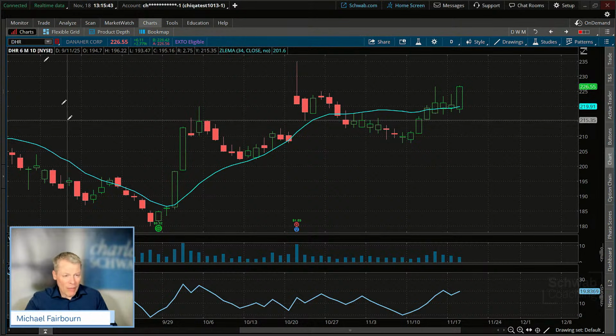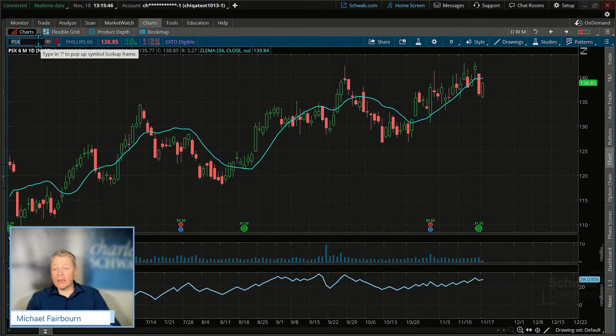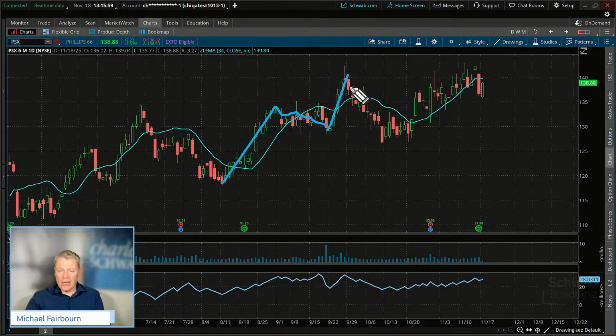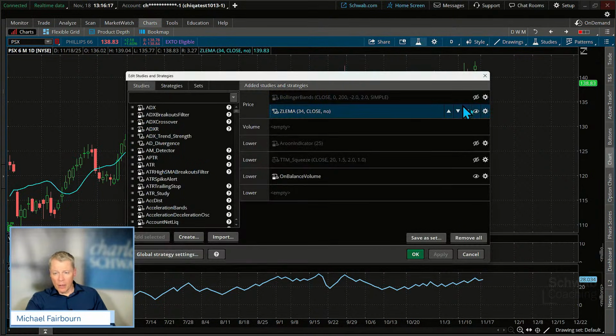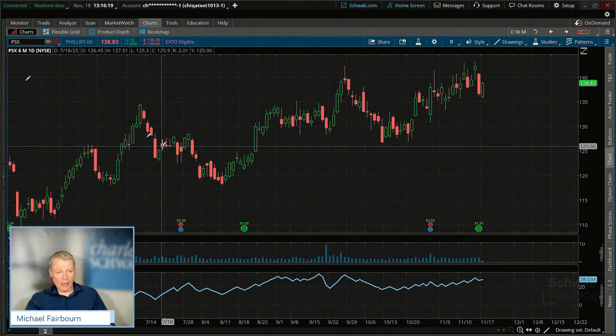Remember that setup we talked about, that would have been helpful on something like a PSX, where over here on Phillips, we had this nice little swing bounce, and it looked like the development of a flag pattern. We did an assessment on this. Oil was probably a little bit too weak. It didn't rally, and so it didn't really maybe assist Phillips 66, but having something down here could have locked in some of these gains off our original bounce. Anyways, that's just a thought that comes to mind, okay? So I want to throw that out there, but it really kind of depends on how you feel about it. But we built an indicator like that for that reason.